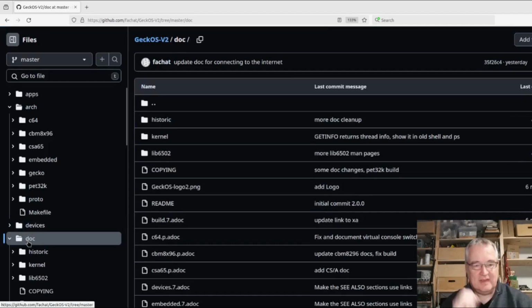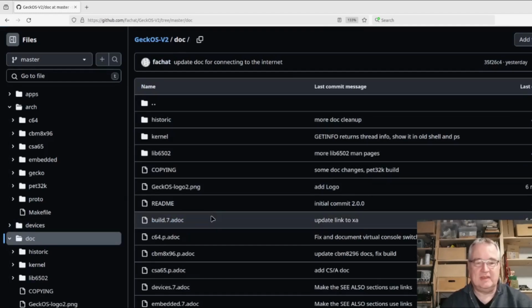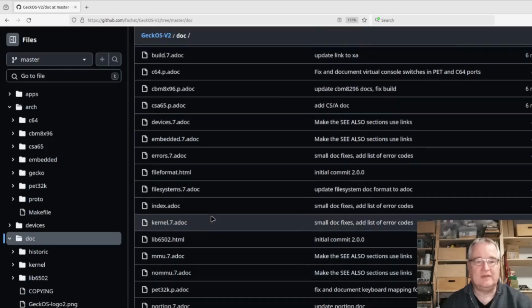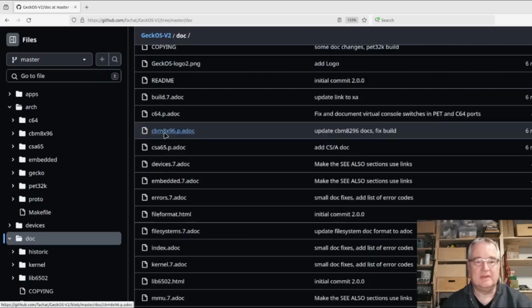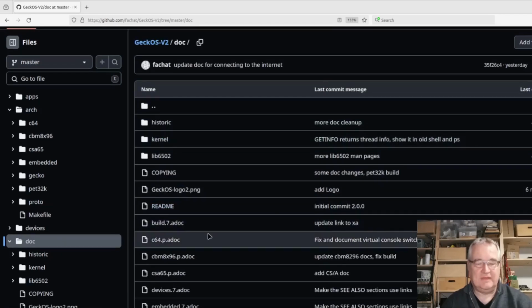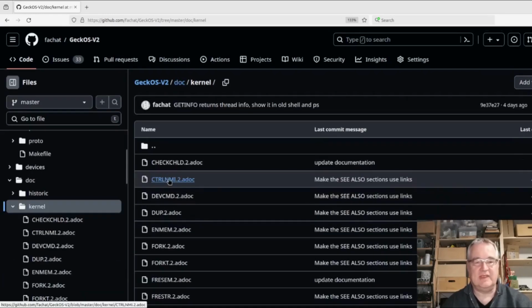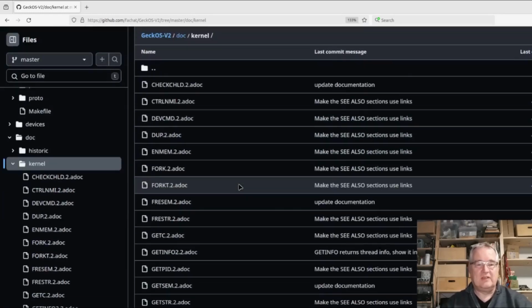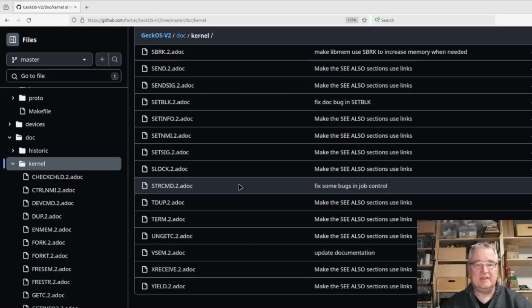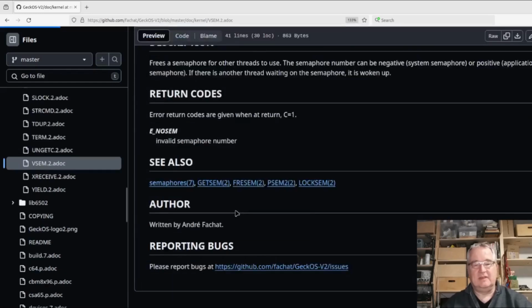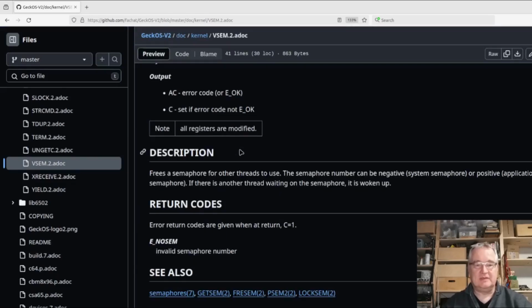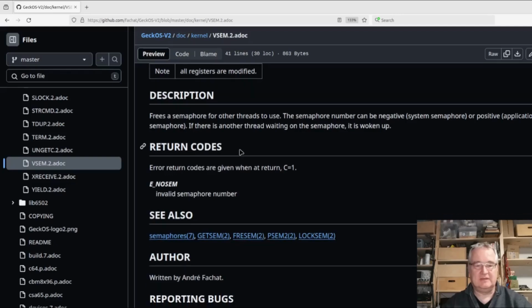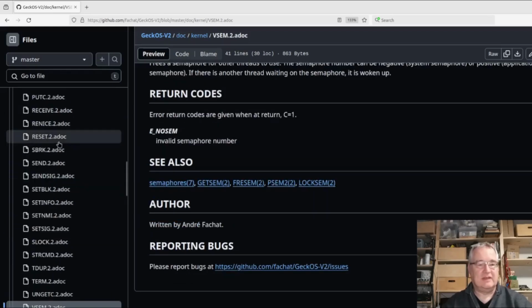Let's go to the doc. The doc is in ASCII doc format, and you can browse it here. If you want to go to kernel documentation, there's a folder for the kernel documentation. Every kernel call is documented here. Like for example, the semaphore code, free a semaphore. You give it a semaphore number. What is the return in the error situation, and you have the